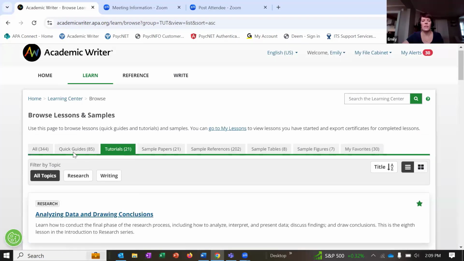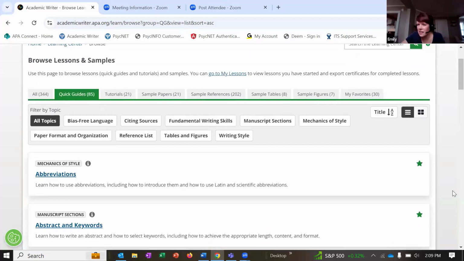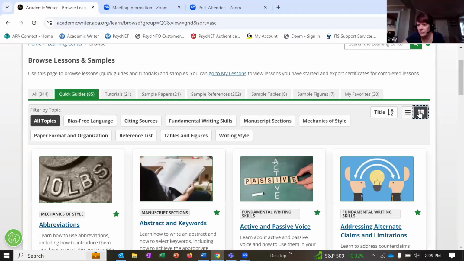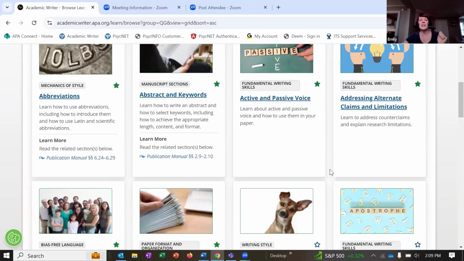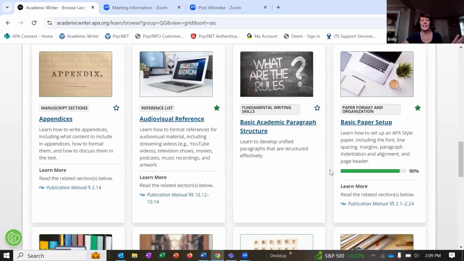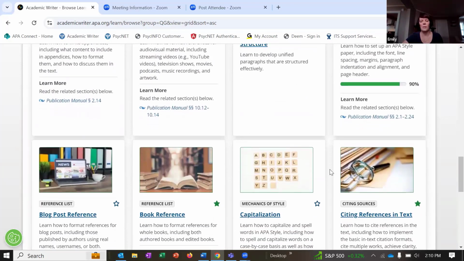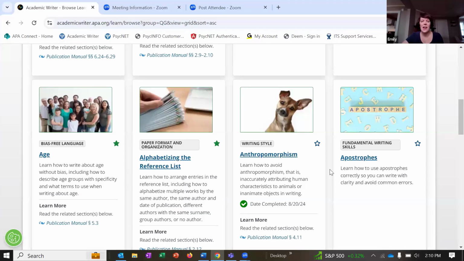There are 21 of those. Also within here, I tend to like to use this view over here in the top right corner. We have the list view and these tile views, so you can see the image associated with the lesson. It presents an easier way to browse through them and get some visuals. So I do like scrolling through them in that way.